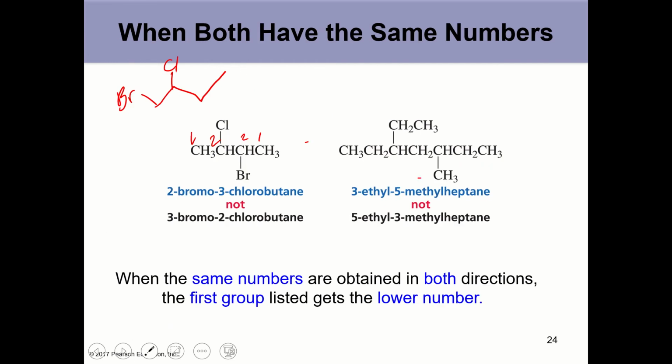Okay. And another rule: if we have only 2 branches and the branching is the same either from the right or the left, then the lowest number goes to the substituent that comes alphabetically first. So our examples here are